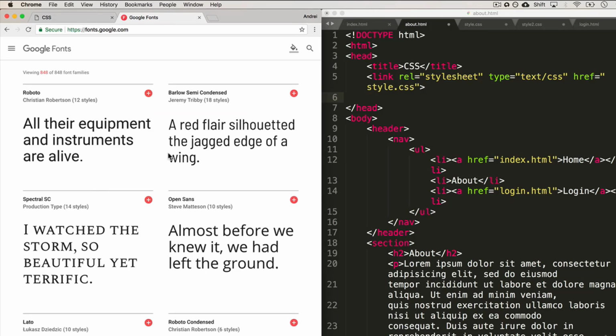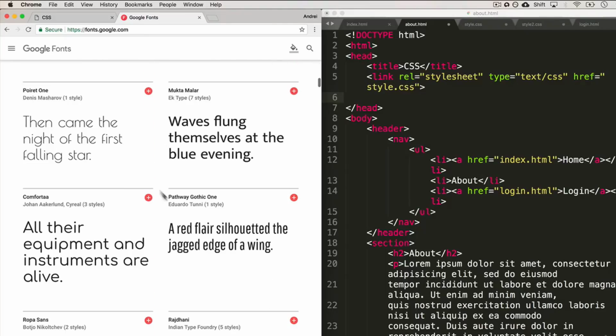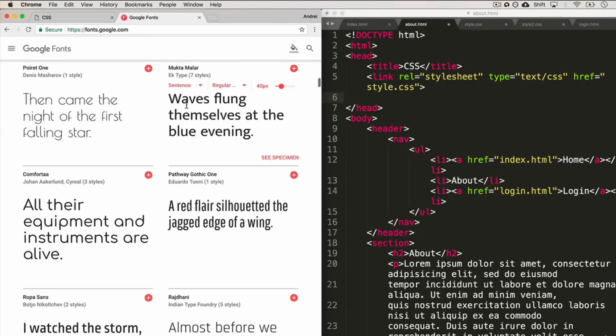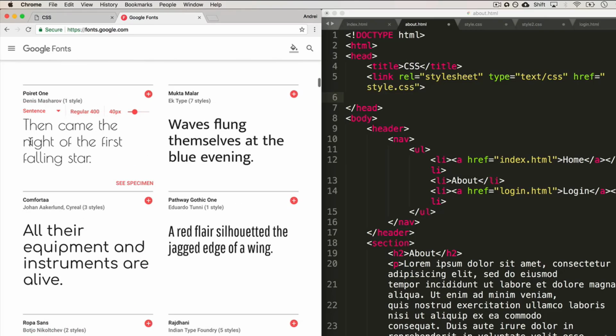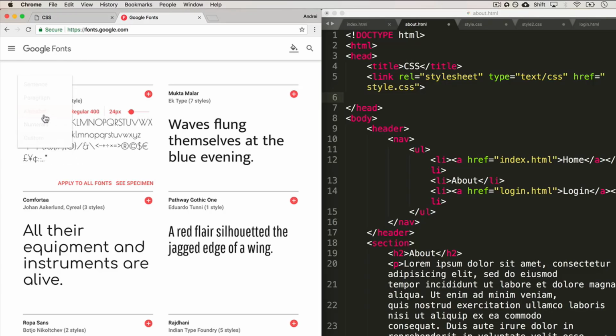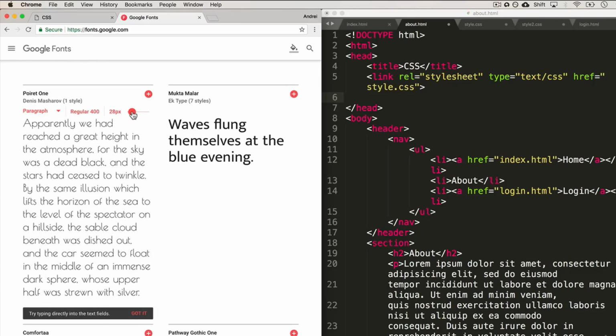Google Fonts actually has these free fonts that you can use, and there's a ton of them. Anything that you find here is more than enough. And I've used this many times when building websites. It's a great resource. I really like this one. So let's pick this one, Poiret 1. And you can see over here that you can play around and see what it looks like. You can also see the size difference. And if you click the plus sign over here,